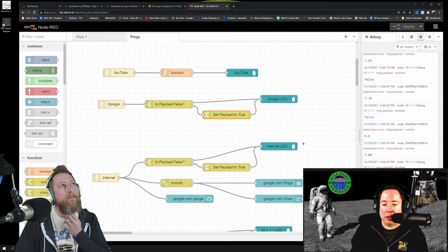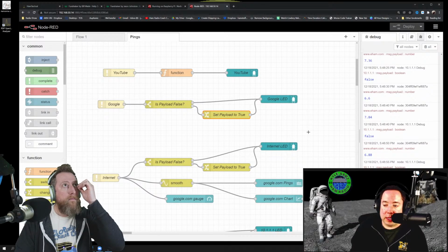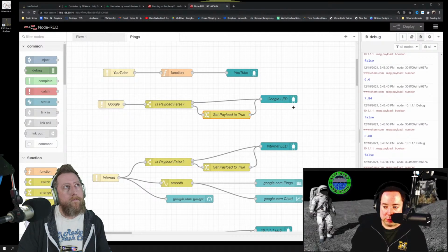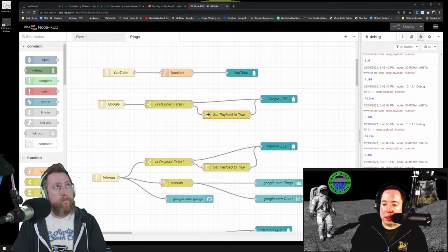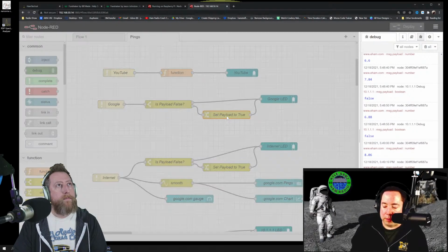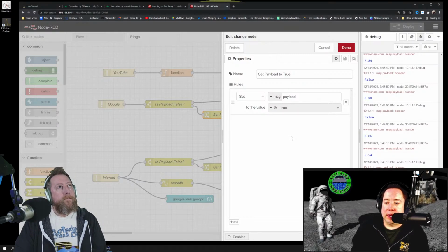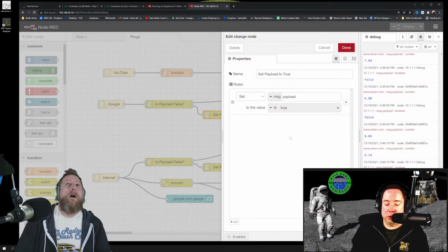It was the number, right, of the round trip. So coming into that set payload to true node is actually a number. Well, we're going to throw that number away, and we're going to say the message payload is true. So if you double click on that guy, the set payload one? True, right there. Yep. So that's a change node, and it's going to say set message payload to the value